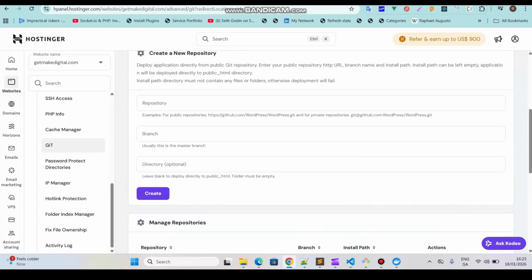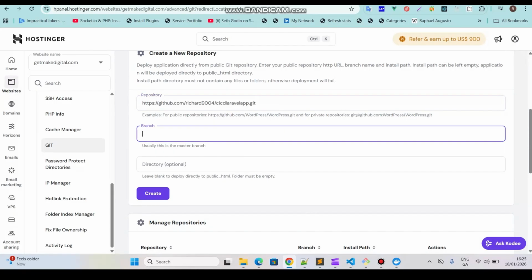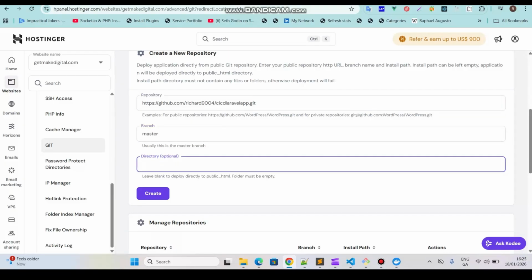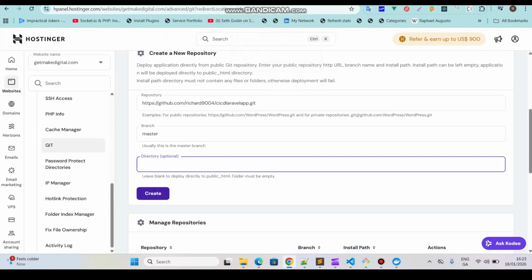Here we put the repository URL. This is my repository URL. Branch is master. And my app directory is CI/CD Laravel. Okay, this is my directory that is under public HTML. So I want it to be installed on a subdomain, hence I'm putting it. Or else you can leave this blank and this will upload your project to your main domain, that is your root directory. Okay, if I say create now,